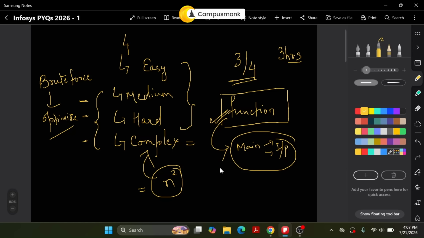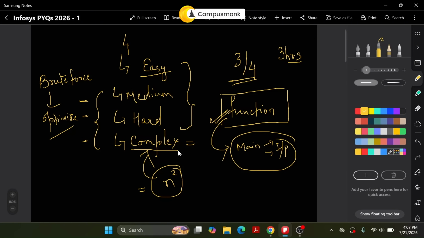I would not say the easy question is absolutely easy. At the same time, I will not say that the complex one is extremely complex, but yeah, it is kind of time consuming. It is going to take some time because you need to think about those questions. Okay. So now we are going to look into the question and we will try to decode